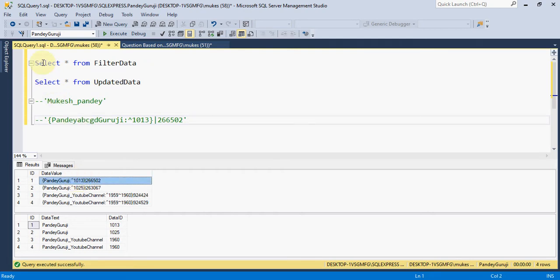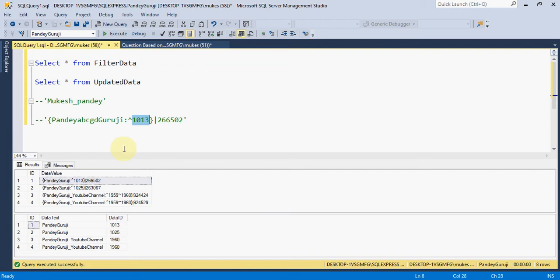First, let's discuss the question. I have one table, the filter data table, where we have two columns: ID, and the second column, Pandey Guruji something 1013 bracket close, 266502. Before this colon, we need to retrieve all the text, and before the closing bracket, we need to retrieve the ID.